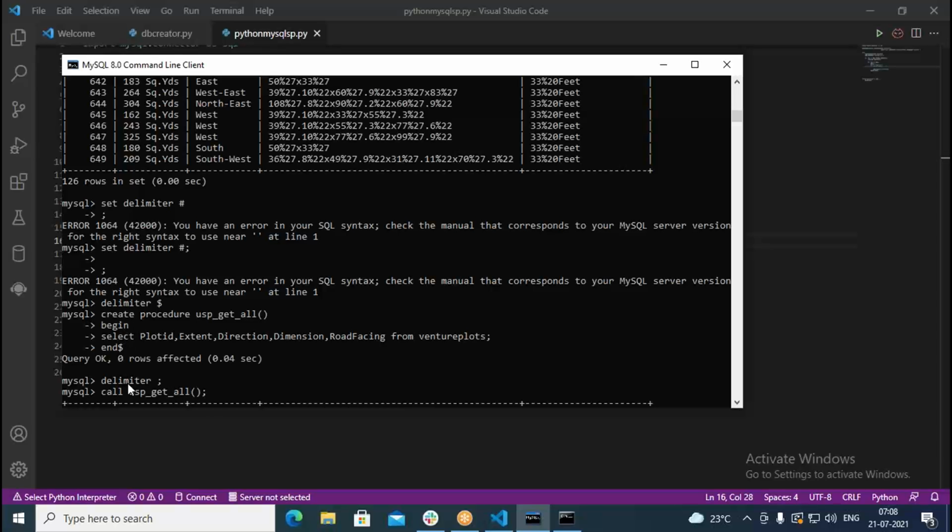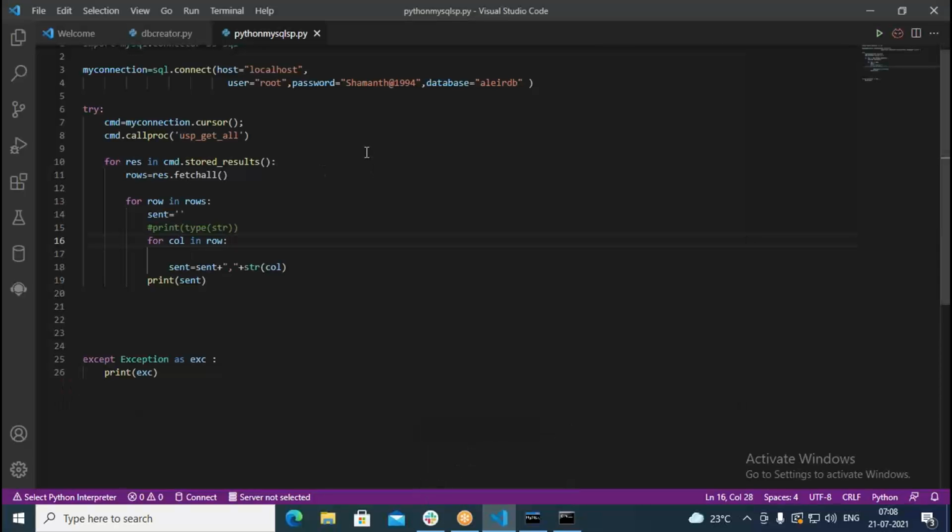Okay, so like this, we have defined a stored procedure and we are calling this using call. The same calling we can do from the Python code using this mechanism. So first of all, we establish a connection, then we create a command. After that, we can call the procedure with cmd.callproc usp_get_all. So it is calling the procedure.